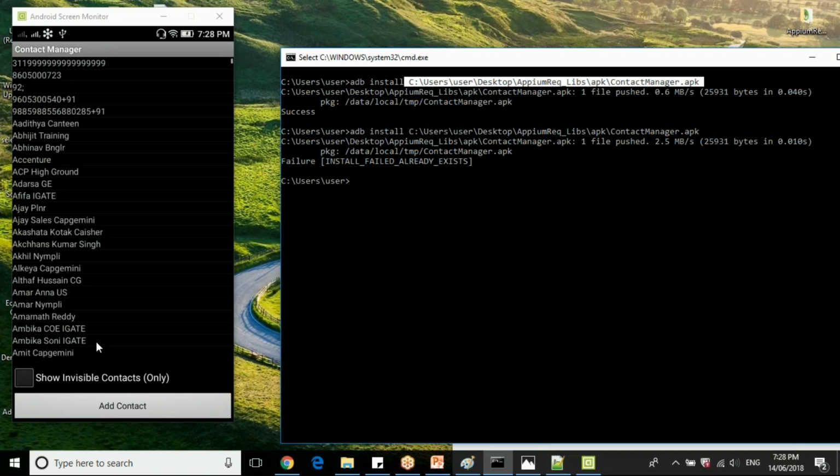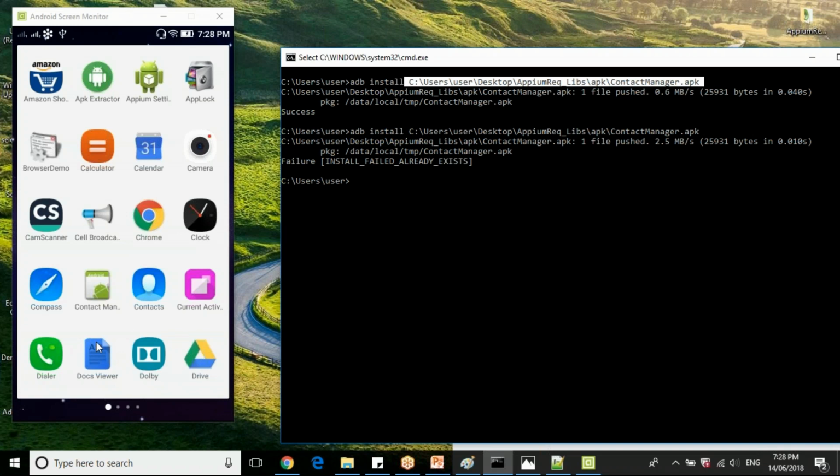Clear, guys? So any queries on how to install this particular application? Android Debug Bridge is used to push your APK file into your mobile device and install it.